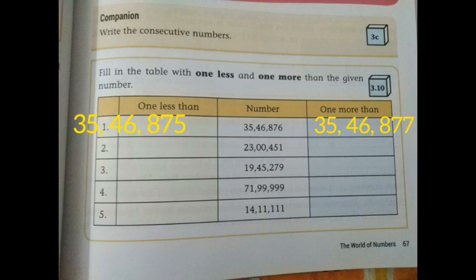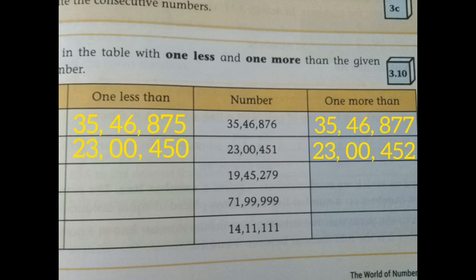Consider the next number, 23,451. Let me do one more than and one less than with the number. If we increase one more than in one's place, we get the answer as 23,452 by adding 1 in one's place, which means 1 plus 1 is equal to 2. If we reduce one value, which means one less than value in one's place, then we will get the answer as 23,450, which means 1 minus 1 is equal to 0 in one's place. Therefore,